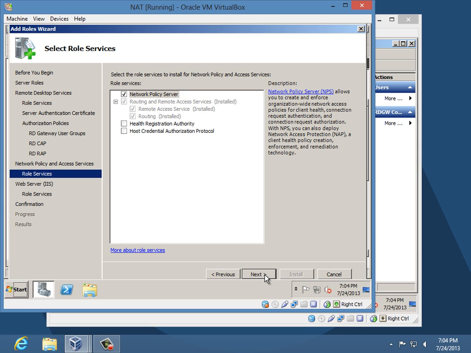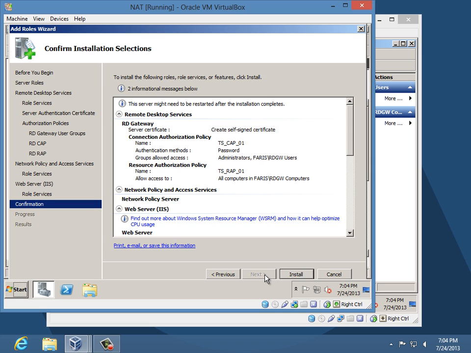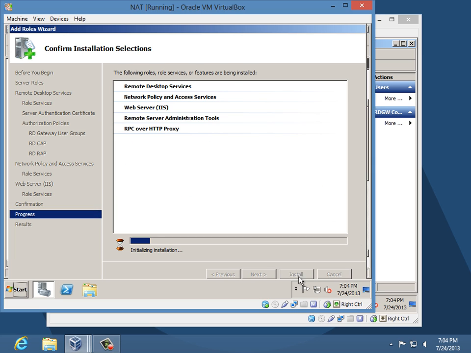NPS. And I'm going to install. So it's using remote procedure calls over HTTP. And this is kind of like a proxy server. Because people are going to connect to me and I'm going to redirect them to the machine running remote desktop. Guys, while that's installing,